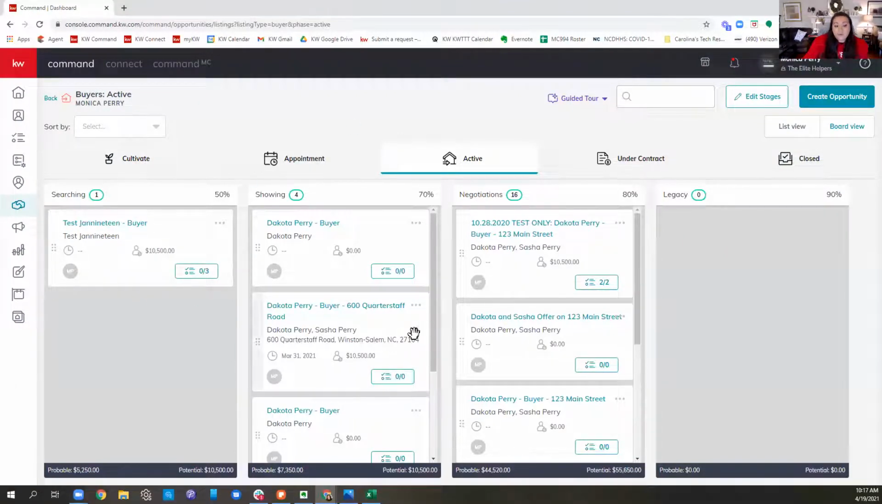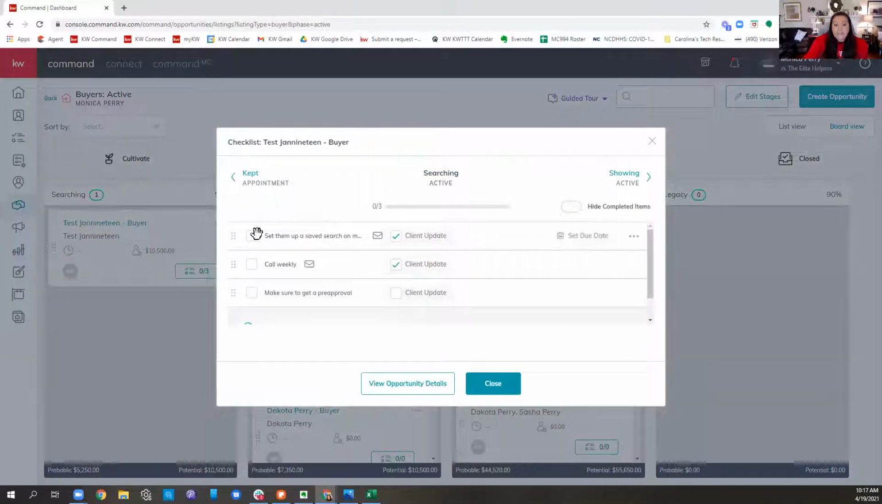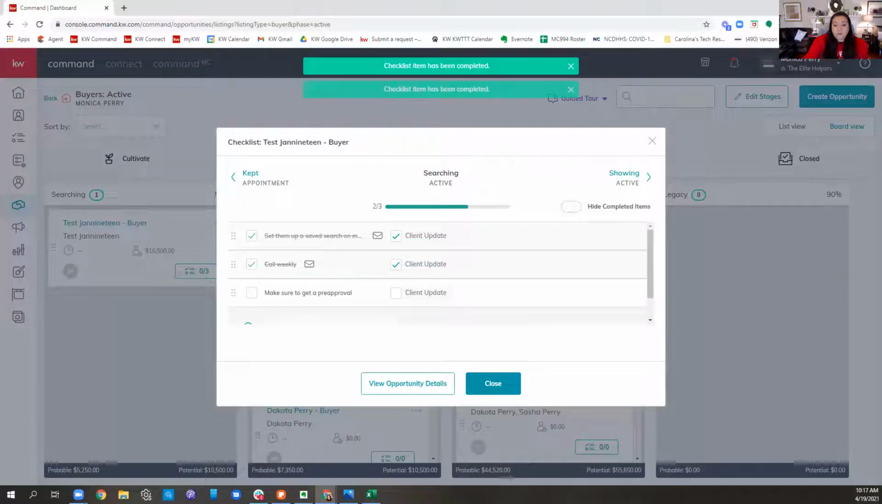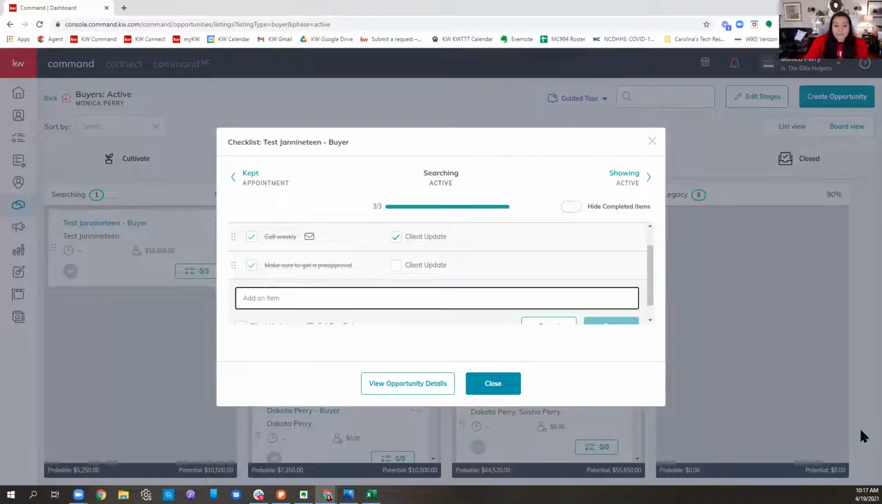So making sure that we go into our checklist, that we have them all set up, and that as we work through them, we are actually going in and saying, okay, I did set them up a saved search. I am calling them weekly. I did make sure that I got their pre-approval. And then anything else that I need to add along the way. Let's see, they're in searching. So